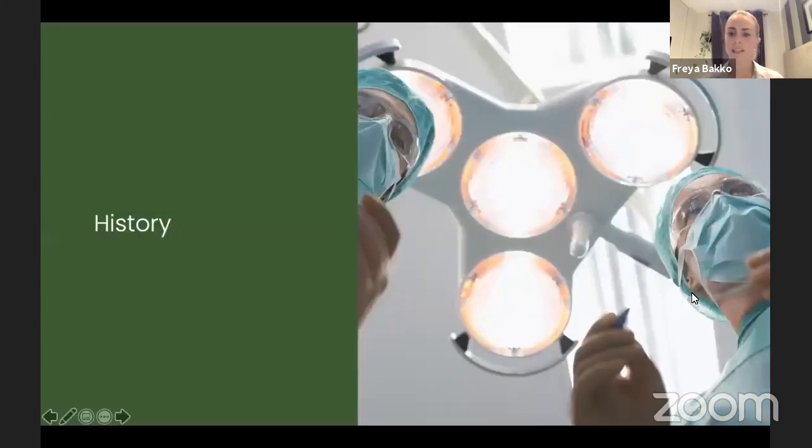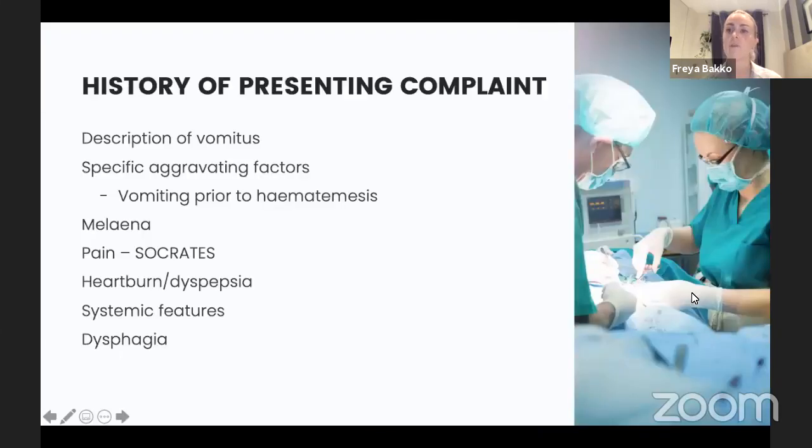If you're happy that this patient is stable, you can go on and take more of an in-depth history. So this patient presented with what we think is an upper GI bleed. The important thing is to go a bit more into detail on the description of the vomiting. So was it fresh blood? Was he vomiting prior to bleeding? He describes it as coffee ground, and you need a bit more of an explanation here. What colour was it and what volume was it? And it can be really difficult to quantify the amount of blood loss in an upper GI bleed, but it's